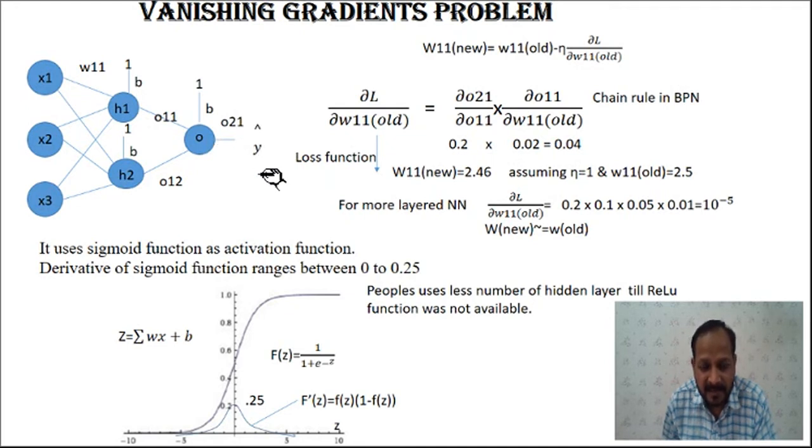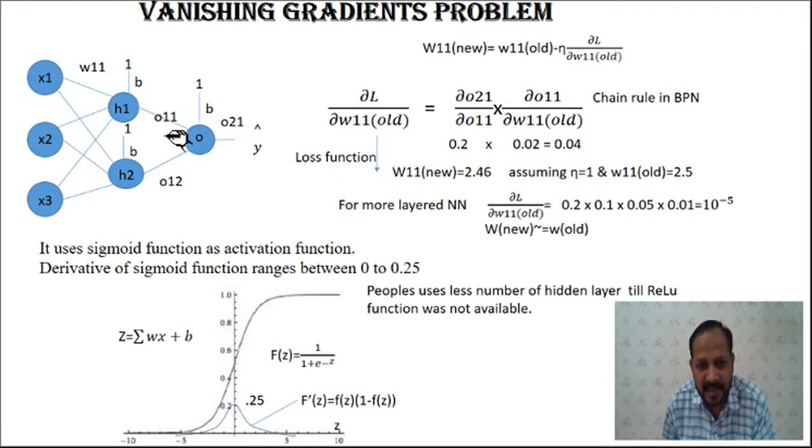So we are getting y hat. Y hat is nothing but the actual output that we are getting from this one, that is O21. Once we get the actual output, we have the target output, and we are going to do all this weight updation to get the target output, which is equal to y. Then we can define some loss function so that an optimization function can be used. The loss function may be y minus y hat, where y is your target output and y hat is the actual output. We require an optimization function to reduce this loss function.